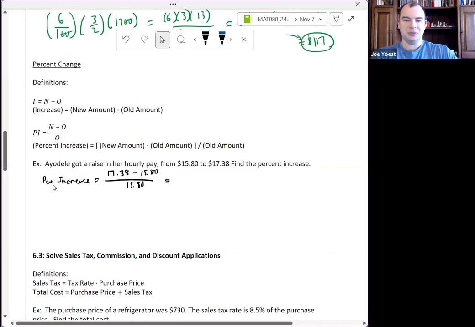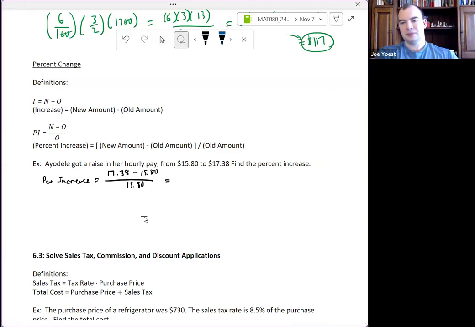Okay, so for this first one, we have the percent increase is the new amount minus old amount over old amount, or that's $17.38 for new pay minus the old pay, $15.80, divided by the old pay, $15.80. Now we can do this subtraction in decimals. We can do the same old decimal subtraction. If we're thinking of money, though, we can think like